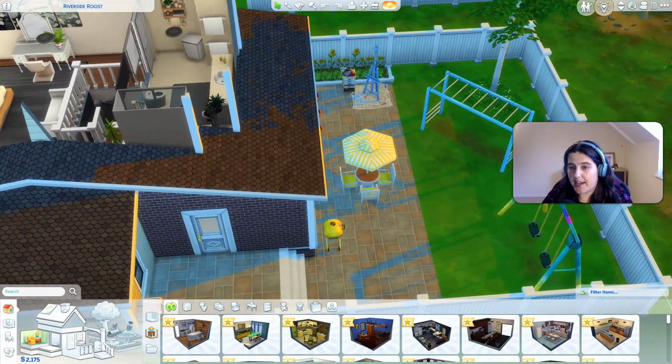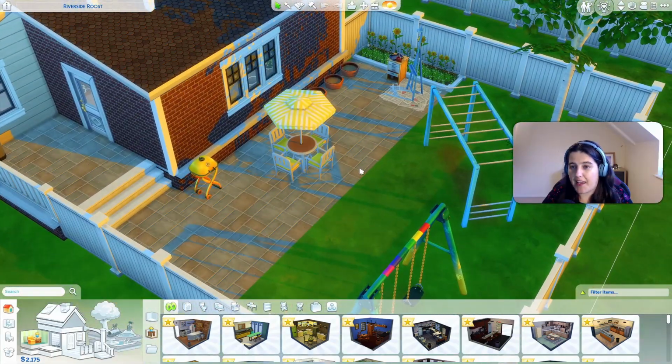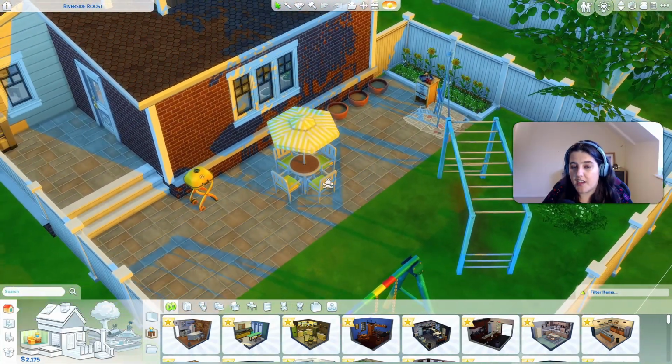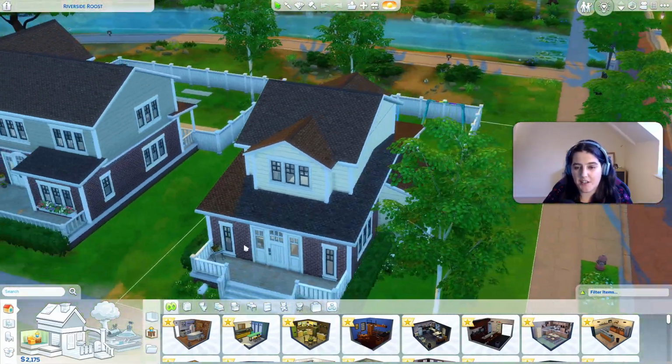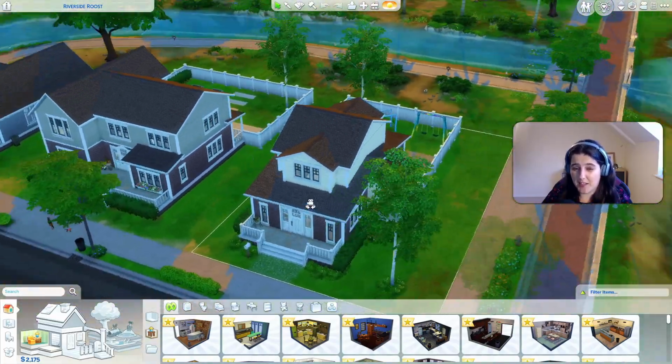And outside we have some stuff for the kids to play in and some art, an easel, and barbecue and all that good stuff. I really like this house actually, how it came out. It's a very ugly house in the game, but